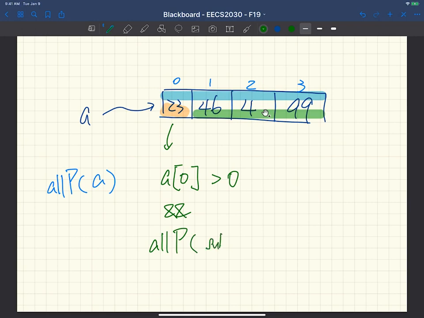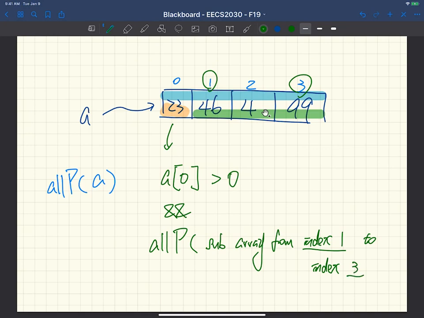The subarray from index 1 to the last index, so a.length minus 1, which would be 3, because the size is 4. Index 3. So now, if you look at that over here, this is basically how we can think about a strictly smaller subproblem. It's from index 1 to index 3, and this is strictly smaller. And we know that from the diagram,